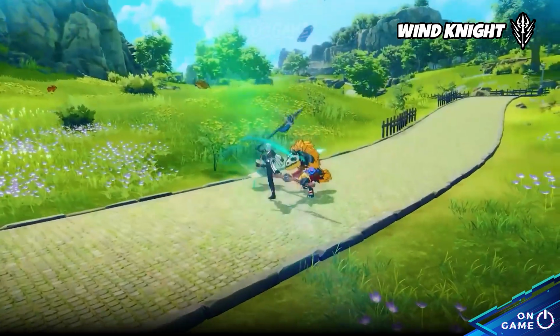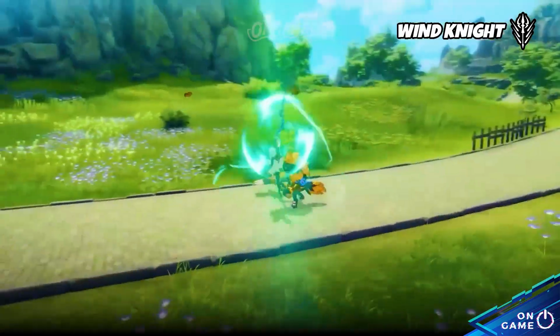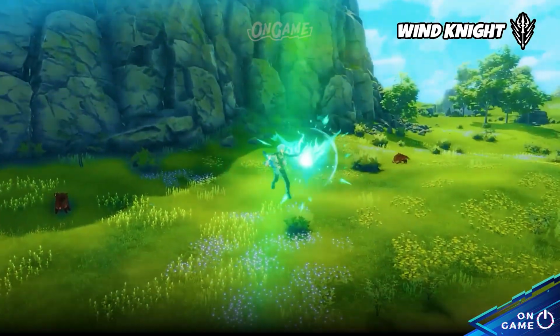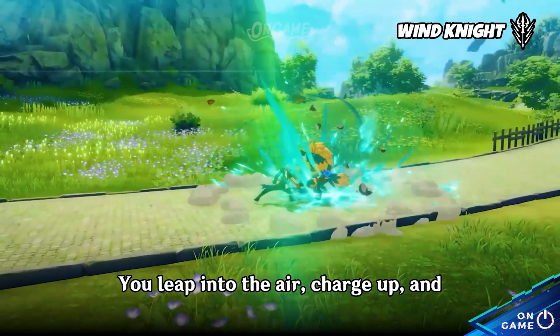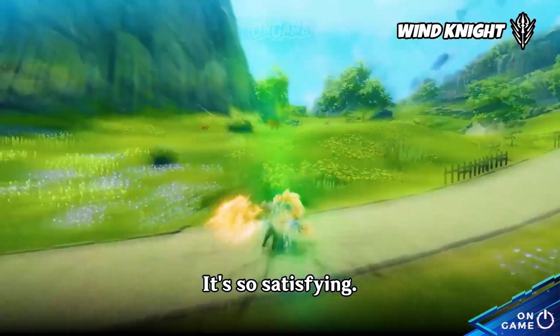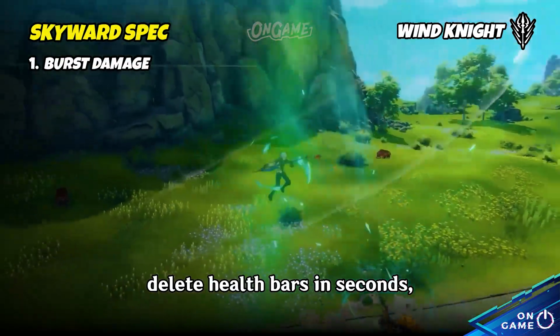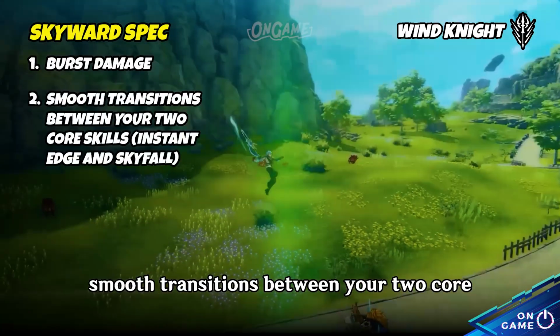The Skyward spec. This spec is for players who looked at Wind Knight's aerial mobility and said, make that my entire personality. Your special attack is Skyfall. You leap into the air, charge up, and come crashing down like a meteor. It's so satisfying. This build focuses on burst damage, you delete health bars in seconds, smooth transitions between your 2